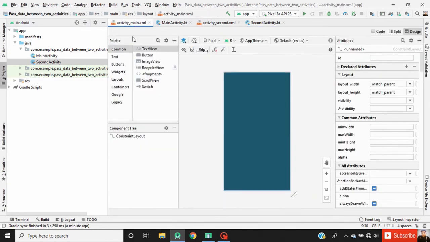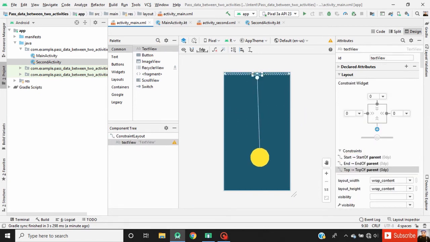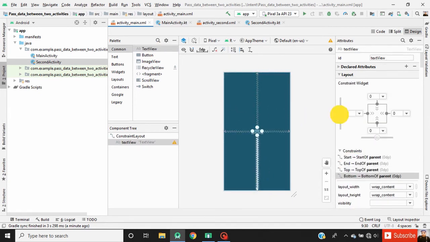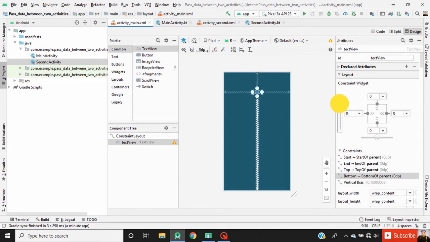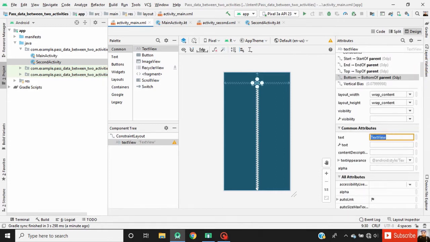Now go to activity main.xml. Here drag a text view in our activity layout. Define constraint for this text view. Set the vertical bias of this text view. Change the text of this text view to first activity.